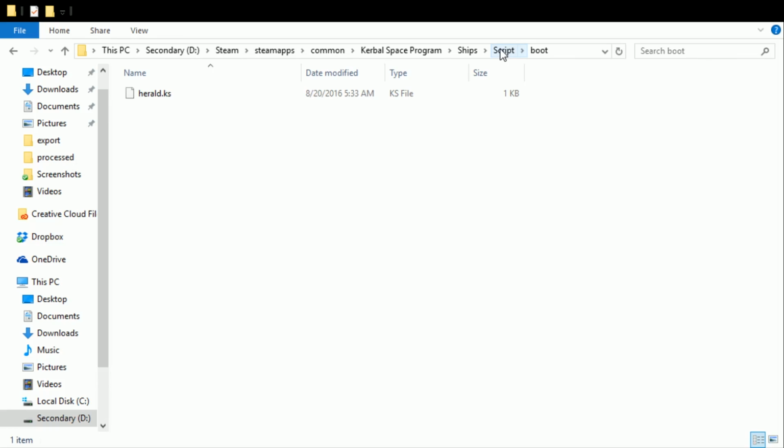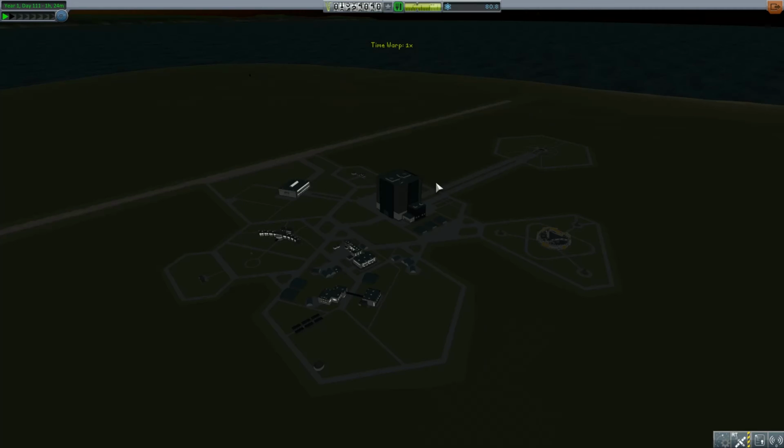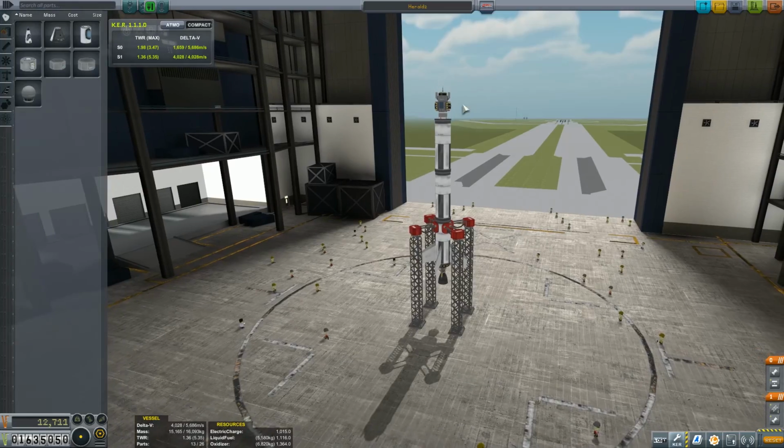So let's jump back now into KSP, and there we go. Of course, it's not a live updating sort of situation. Just in the same way that we need to revert to launch if we've updated files. You don't need to always revert to launch, but yeah, we need to exit the VAB and go back into the VAB for that to take place. We'll go ahead, launch it up, see what's going on, and then...